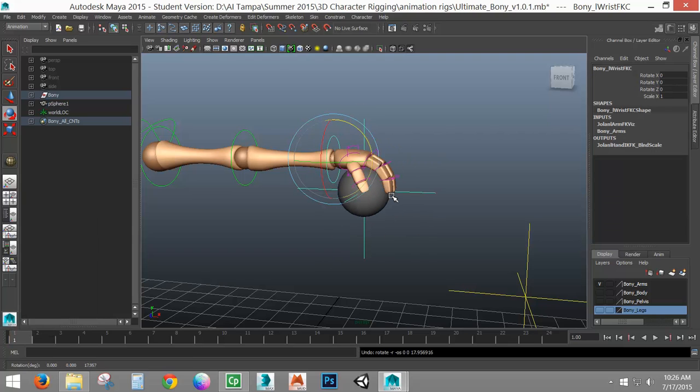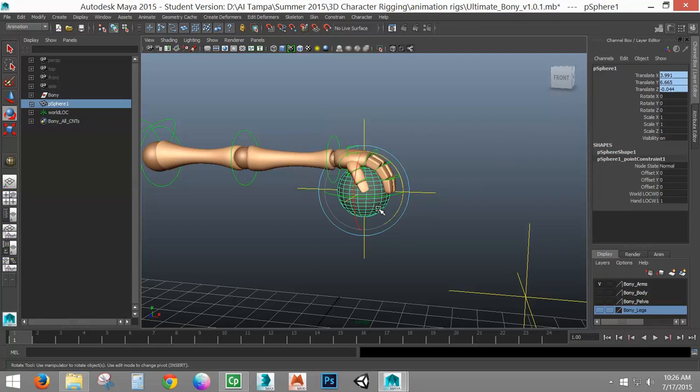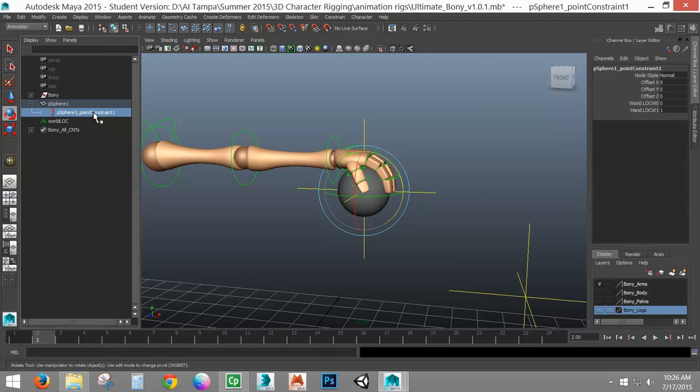So just be aware of that for animating. You're not actually animating the object anymore, you are animating your constraint. If you need to see the keys of the constraint as you're working, you can actually do that. If you can find it in your outliner, it will be connected to your object, where you can see the actual point constraint itself. So you can actually see keys as you're working.